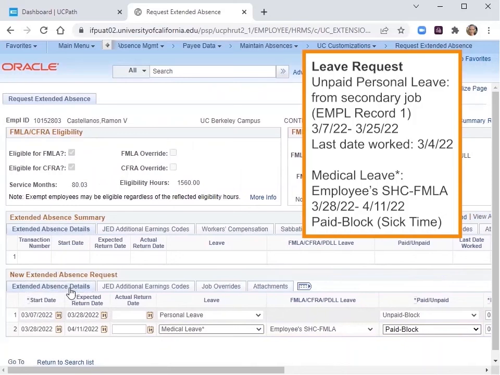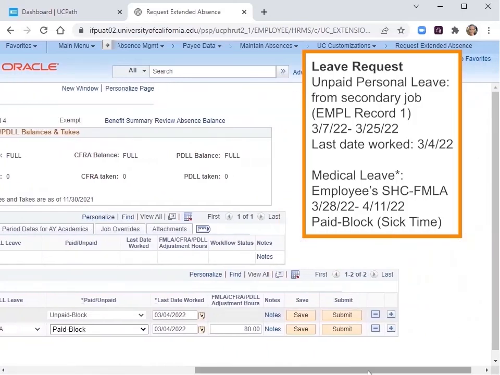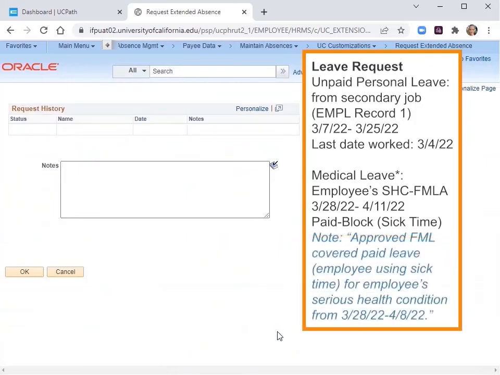We need to make sure that we have notes included for both leaves. At this point, we entered a note for the first leave, but not yet for the second. To add a note, click Notes, and enter information related to the leave and any important calculations or details. Notes are required every time a leave of absence is requested or edited. An error message will pop up if an initiator attempts to submit the transaction without notes. Notes are the only way to record the history of actions taken on a request.